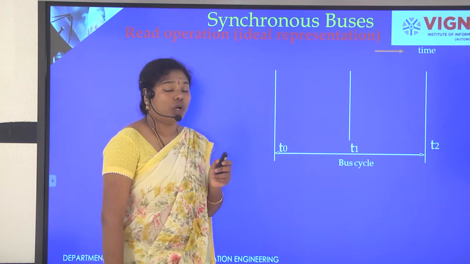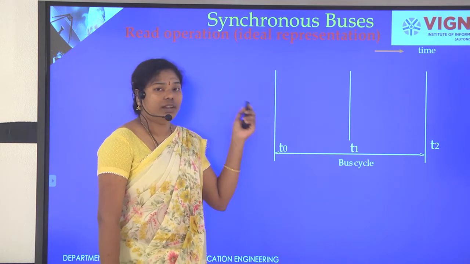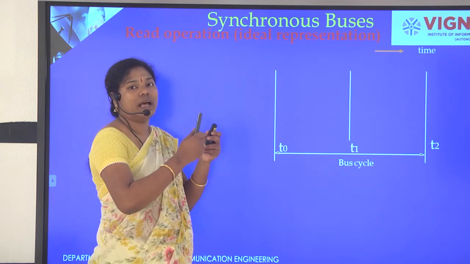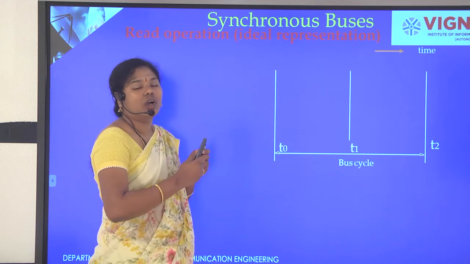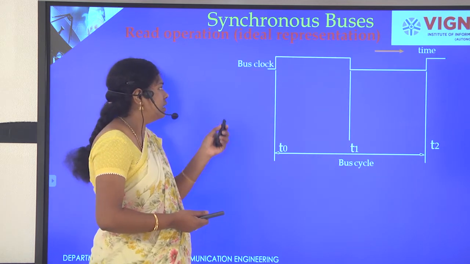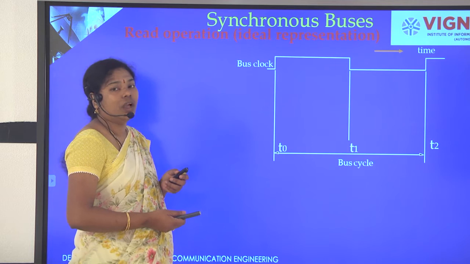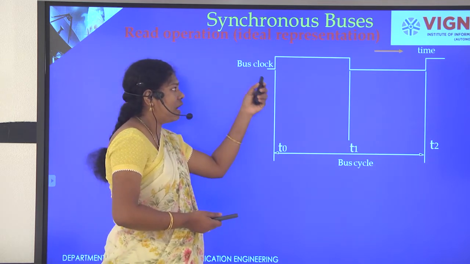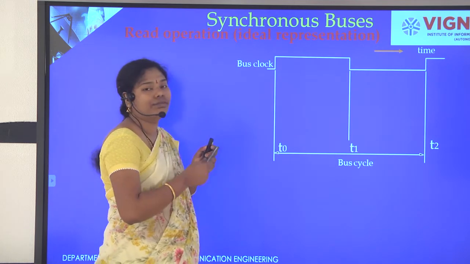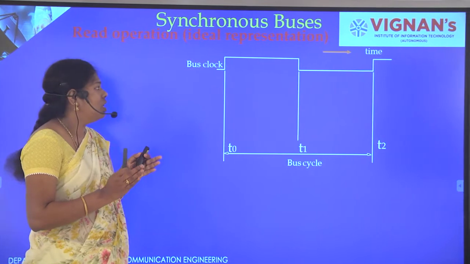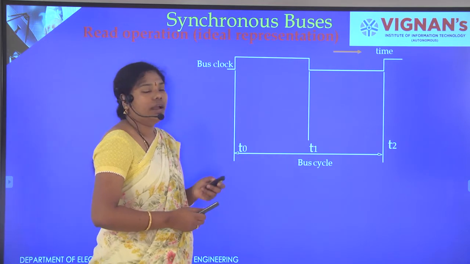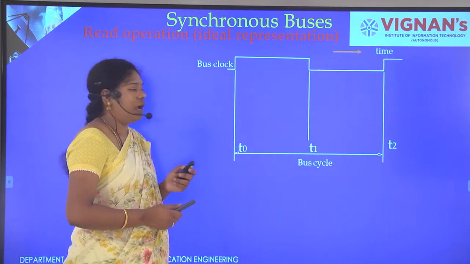Always we are talking with respect to the processor. Here the read operation is nothing but the processor performs a read operation, that is, it inputs; it has to read the data from the external device. Here the processor is the master, so the master asserts the address and where the data is. Before going to this, first we have a bus clock. Within a single clock cycle, we have to perform a complete read operation. So here on the bus clock, we are considering T0, T1 and T2. And T0 is the initial one.